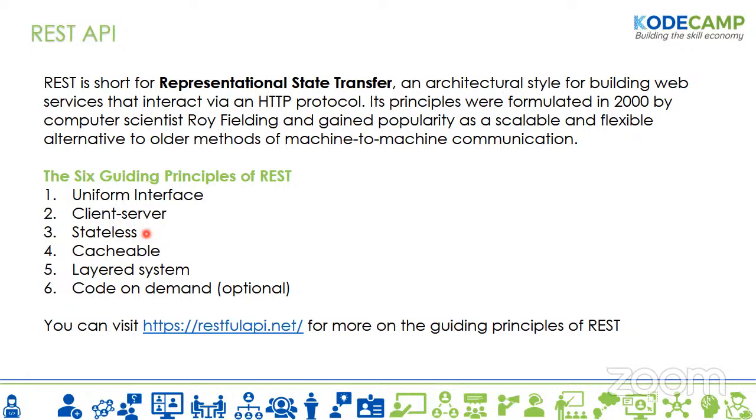Since it is stateless, every request should provide all the needed resources. So if, for example, you're trying to log into a site, what you need is probably the username and the password. If in the previous request, you had your username typed in,